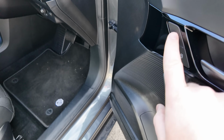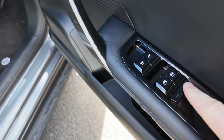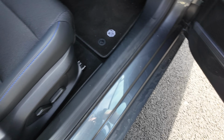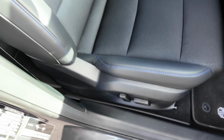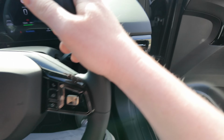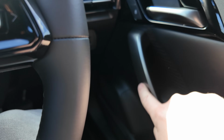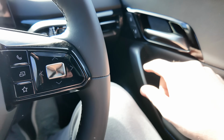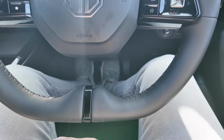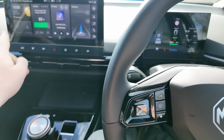On the driver door central locking, you've got your 4 window controls, and then the ability to lock the rear as well. Decent glove, side pocket, electronically adjusted seats. Nice bolster in them actually. A bit of gloss black going on around the place, not too much. You've got a silver element 2-spoke steering wheel. The minute I sit in and I press the brake, the car engages. Flat top, flat bottom, with a driver display and then a 10.25 inch